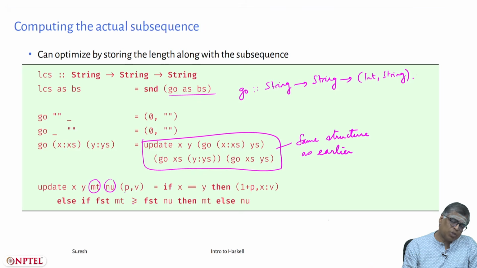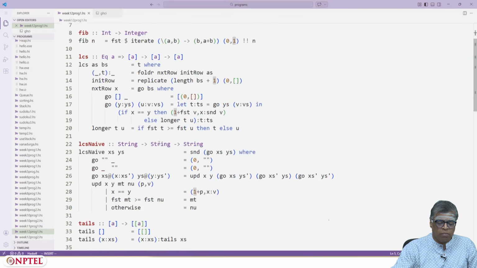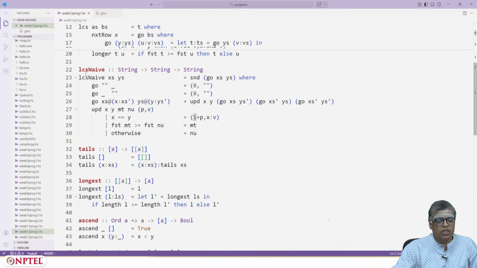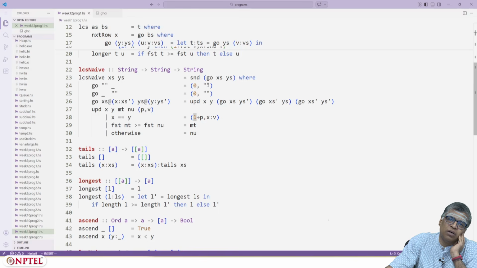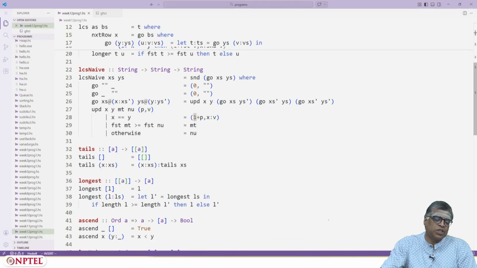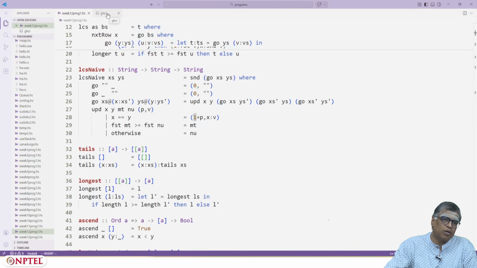Okay, so let's actually go to VS Code and check out how much time this LCS takes. I have an LCS naive here, which actually computes the longest common subsequence, and here I use the same strategy of storing the length and the subsequence. It's essentially the same program with some minor, more or less syntactic, modifications.